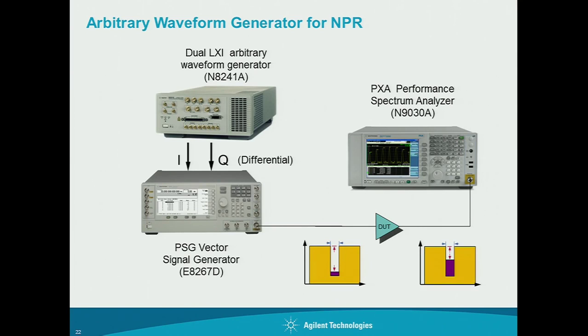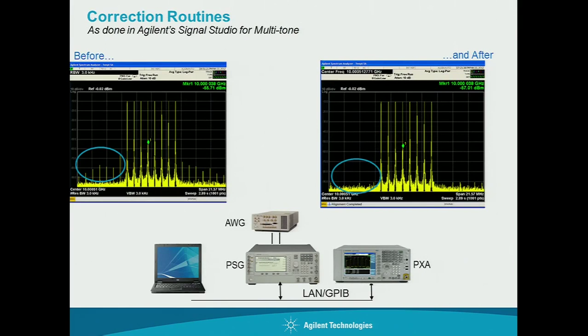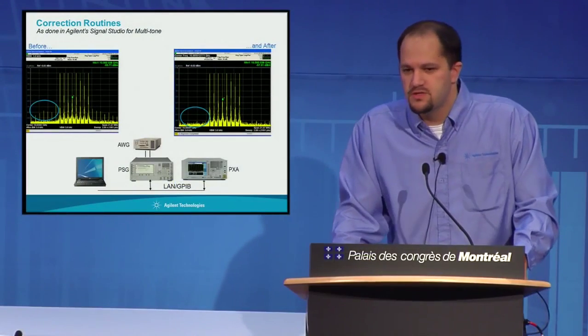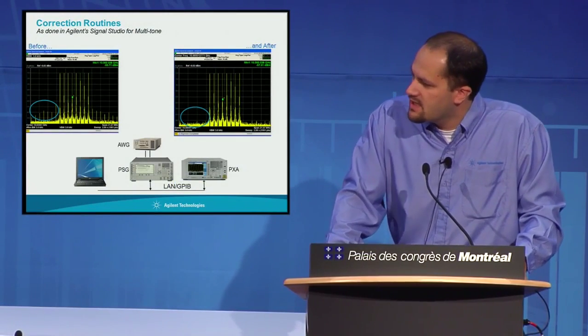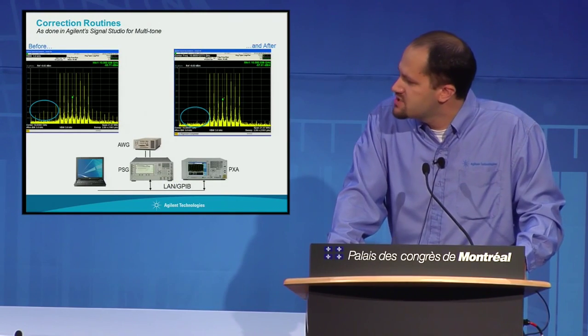And here we see that before, you have a specific notch depth that's pretty deep, and then when it goes through the device under test, that adds spectral regrowth and nonlinear distortion, and now you have added growth there. So what are some things that you can do as a customer or as a satellite test engineer to help